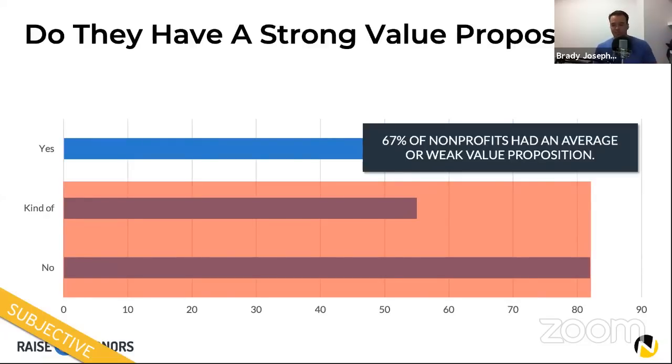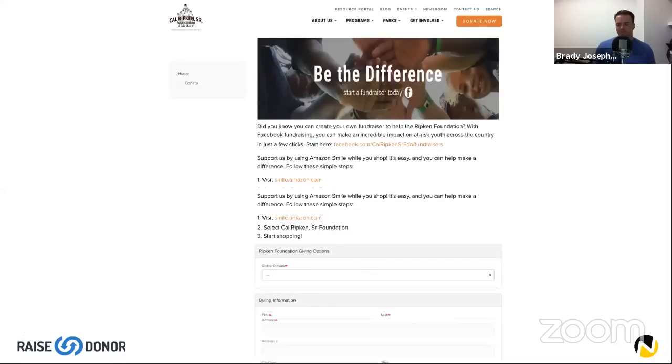And then we saw some weaker examples. So I will only do a couple quick. And again, not a huge amount of judgment. We can all get better. This one, be the difference. Is that exclusive? Is it clear? Do you know what's going on? And then if you actually read this copy, it's all about starting a fundraiser or giving through Amazon Smile, but